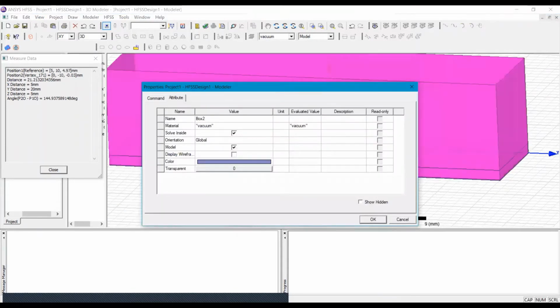So now you can see the box encloses this microstrip line, and we are giving the name air because this is the air box.